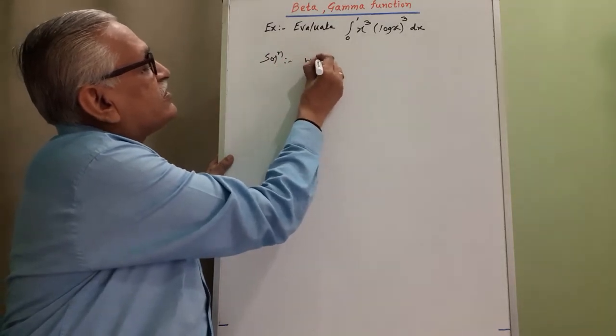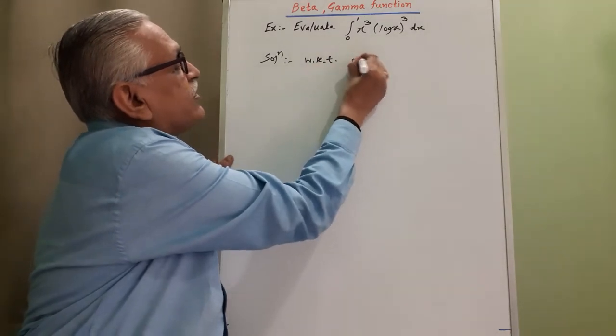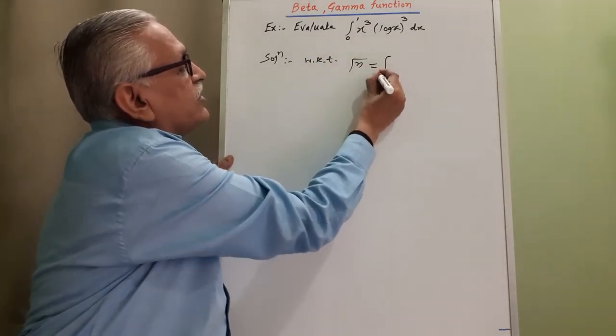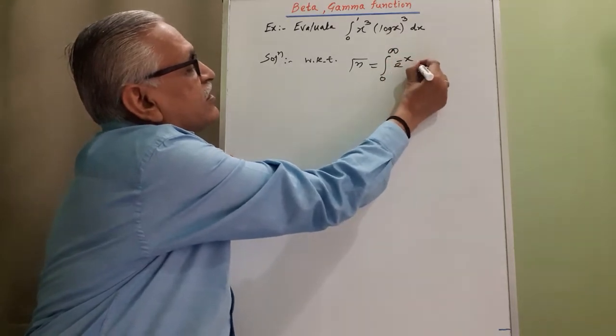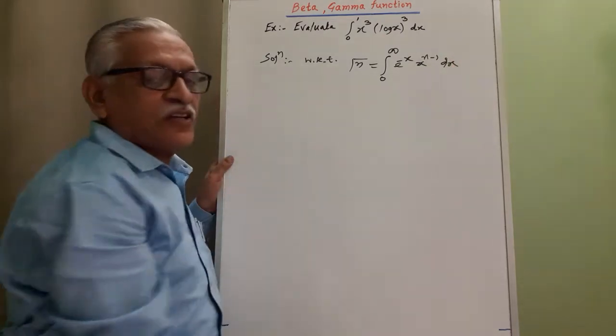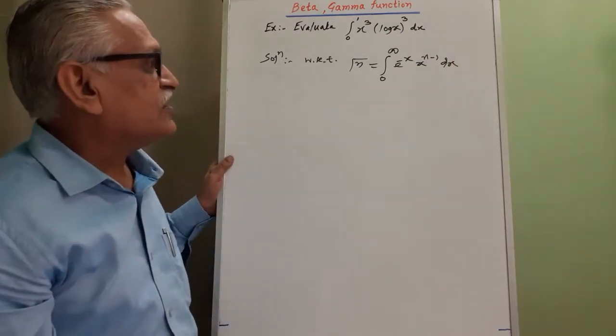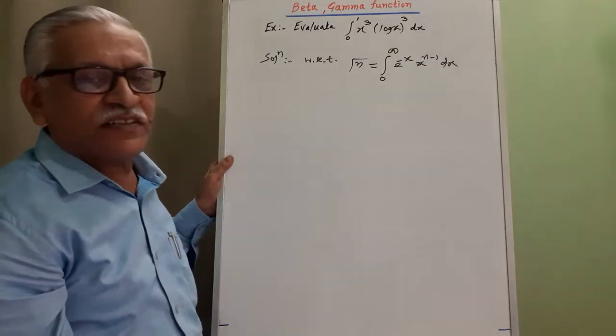We know that gamma of n is equal to the integral from 0 to infinity of e raised to minus x, x raised to n minus 1, with respect to x, with n greater than 0. Therefore we keep that x cube as it is